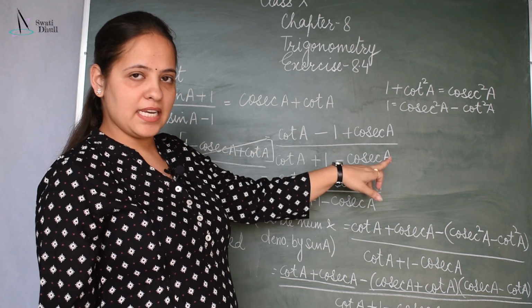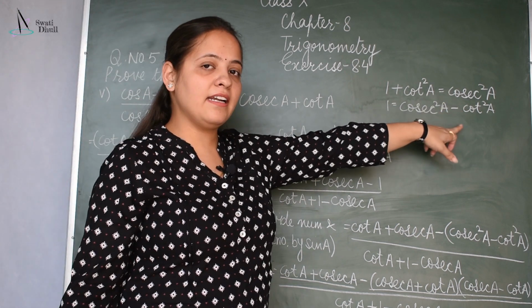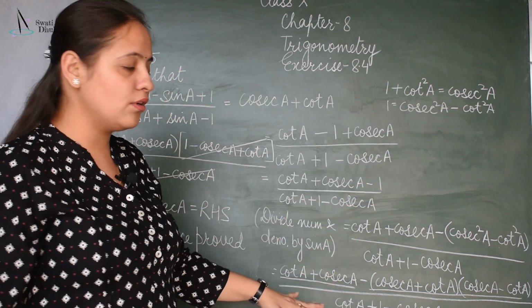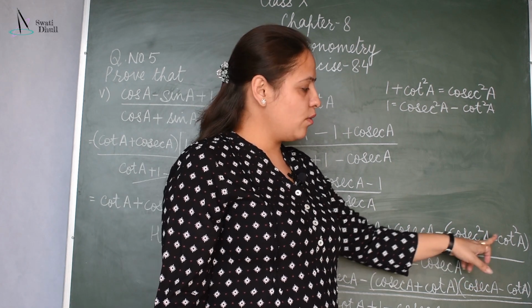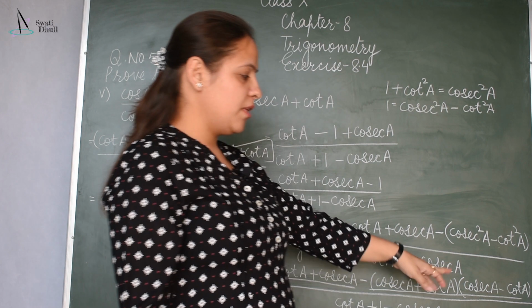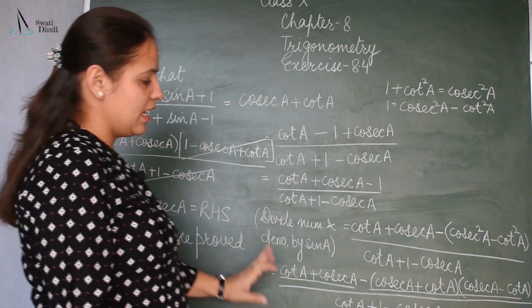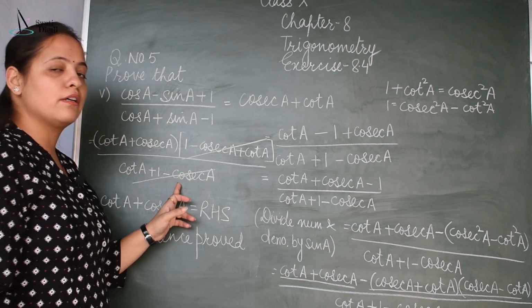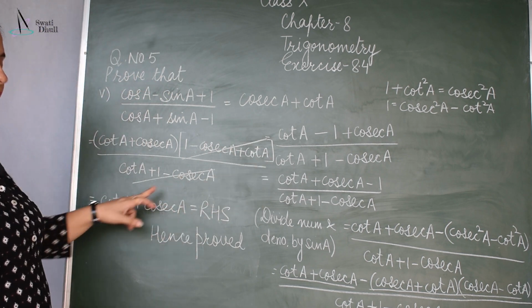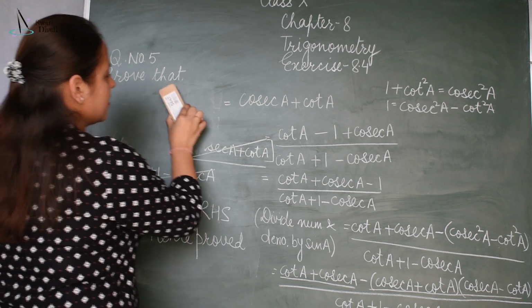So first you have to divide this function by sin A and then you will get the function in cot and cosecant, and then 1 can be written in terms of cosecant and cot. So you have to substitute, then use the algebraic identity here, that is a square minus b square is (a plus b) into (a minus b). So you can take the term common and then you will be left with the term 1 minus cosecant A plus cot A. So this and this term will be cancelled out and you will get RHS. Now see next part, sixth part.